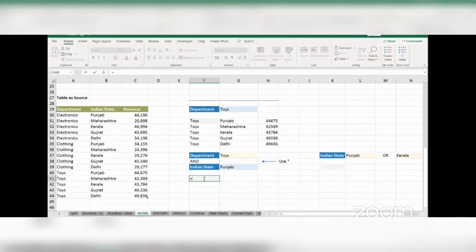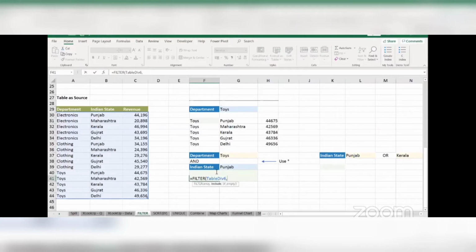All right. So here we say is equal to filter. Array again will be our entire data. Nothing is changed there. Comma. When it comes to include, how do we enter two criteria here? All right. We do that by using two rules. Okay. We need to follow two rules here. The first rule is that all the criteria will be wrapped around with a round bracket. All right, so we'll be having the round bracket surrounding all our criteria.